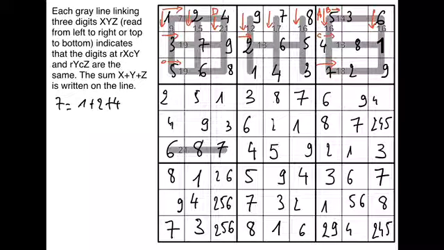6, 2, 9, 2 and 4. That's a 2, that's a 9. This is a 5. This is a 6, that's a 2, that's a 5, and it all works well. Okay, so